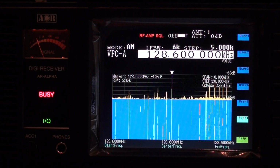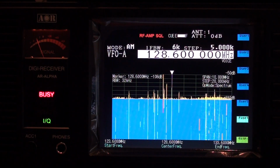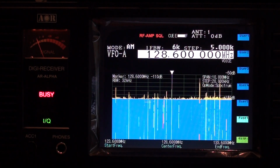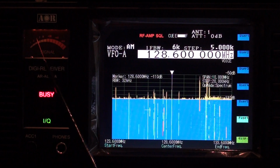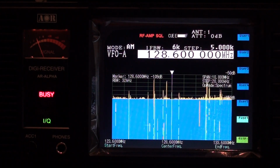Birmingham at 1920. Wind 320 degrees 9 knots. 1024. Bournemouth at